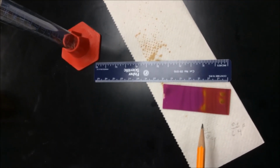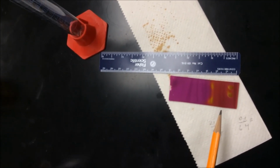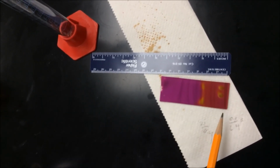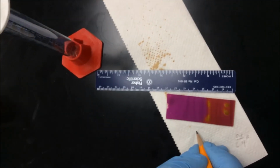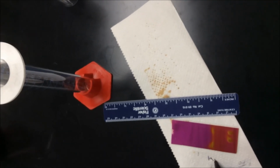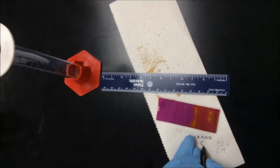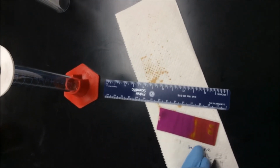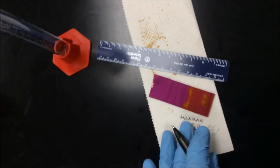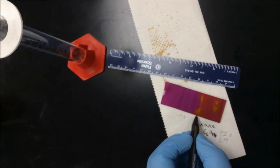Or if you have an unknown sample, you would be able to comment on the purity of that sample as well. Now, I do have a question for you. If I were to run this exact same TLC in just hexane, let me use a pen, hexane, which is C6H14, C6H12 would be cyclohexane. So if you take hexane or cyclohexane, something which is non-polar, what would you expect? What would happen to this